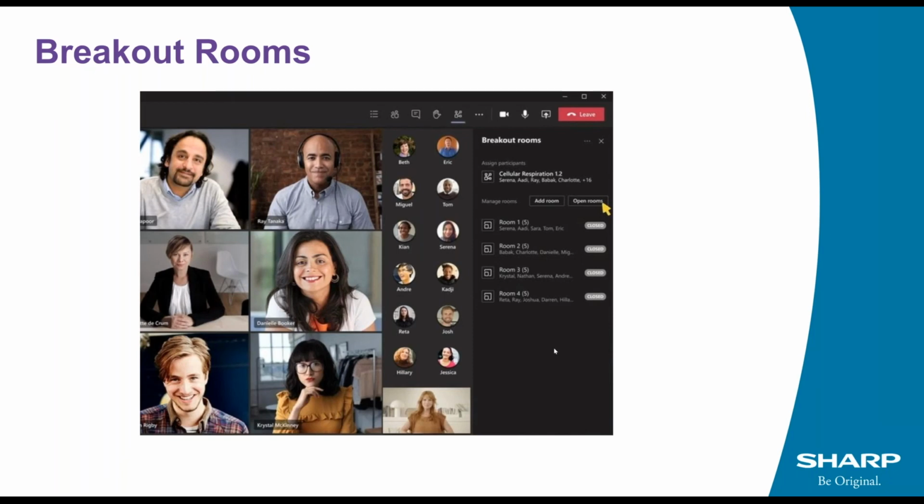And the presenter at this point can then provide a time limit for them to complete their work. The presenter can jump into each of the rooms to see how they're getting on, etc. And then the presenter can also force those people back out into the main meeting. So this is something quite useful for education, but also for things like big corporate meetings, where again you might